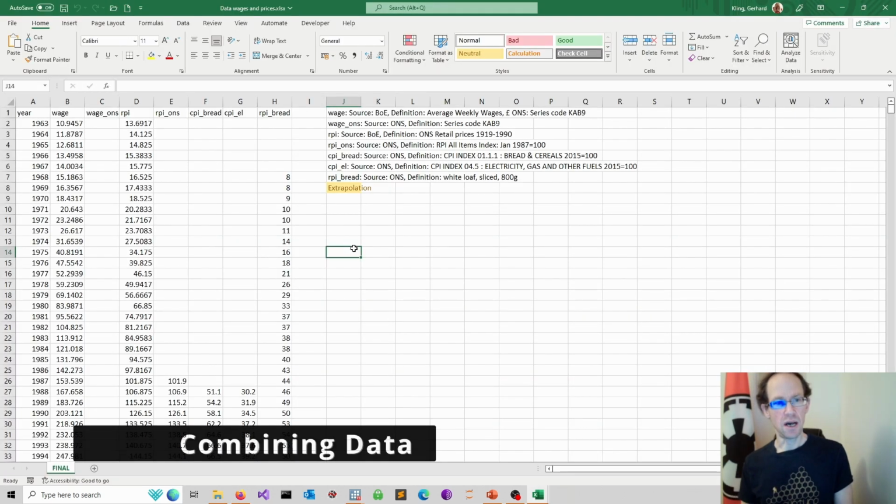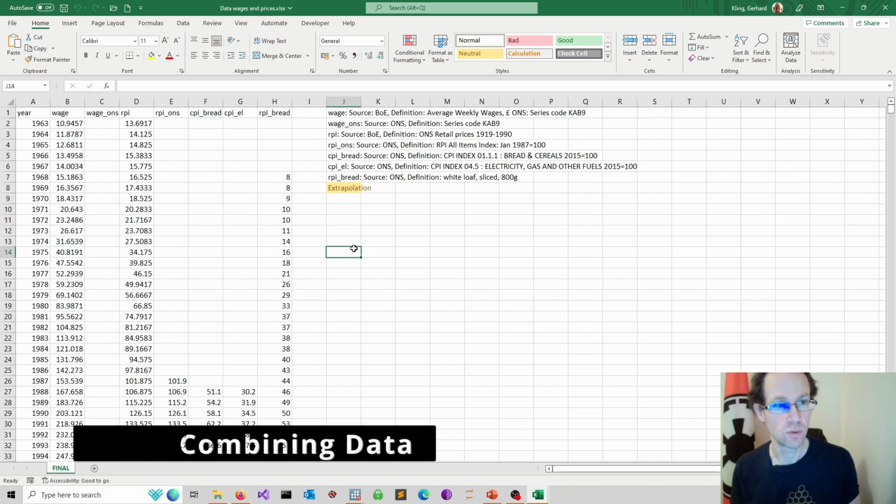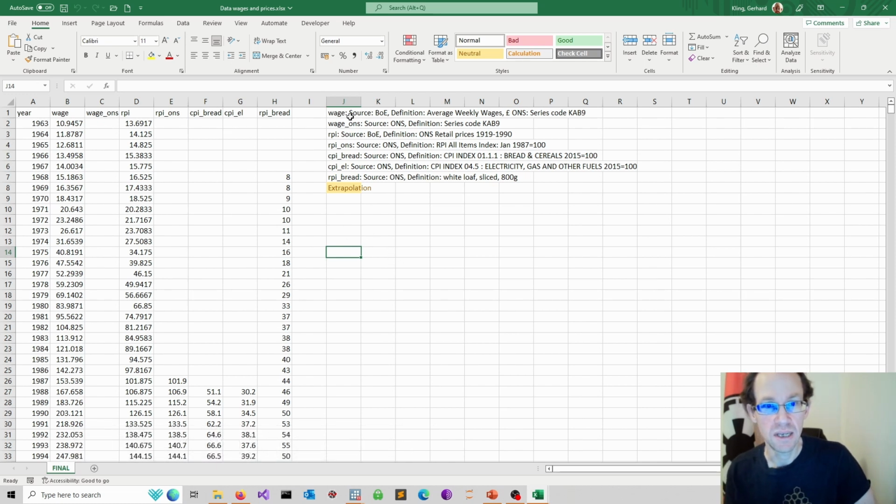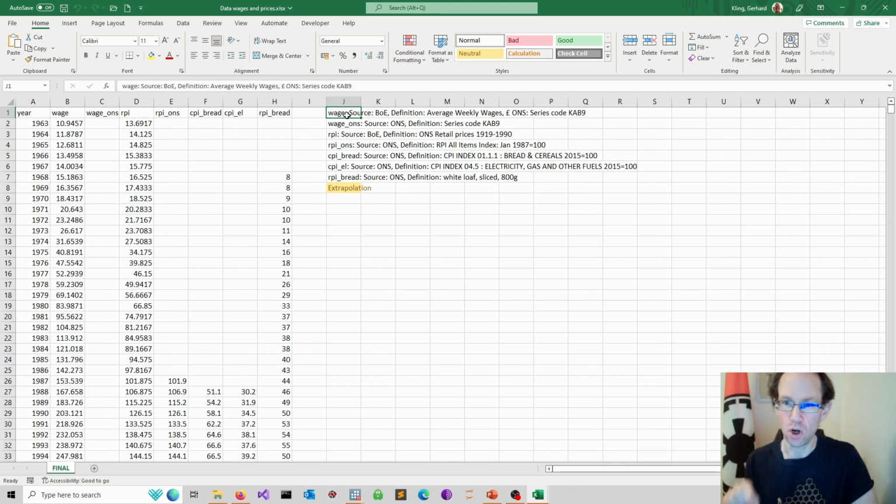So in here, I organized my data for my video. I put in here all the different sources and definitions. This is always a really good idea because I promise you will otherwise forget. And in particular, if you combine various data sources, it's essential that you take a moment to note down the definitions and the different sources.